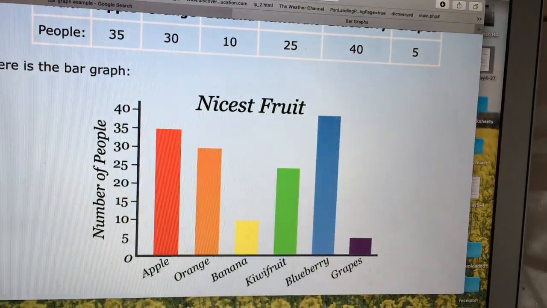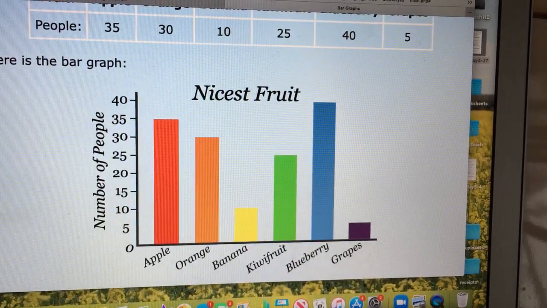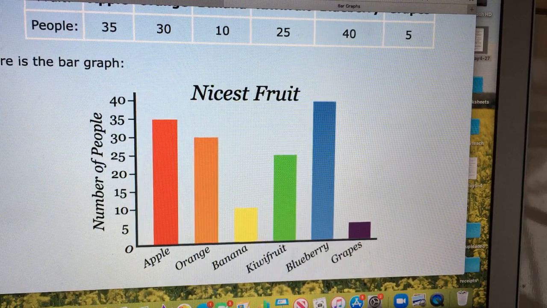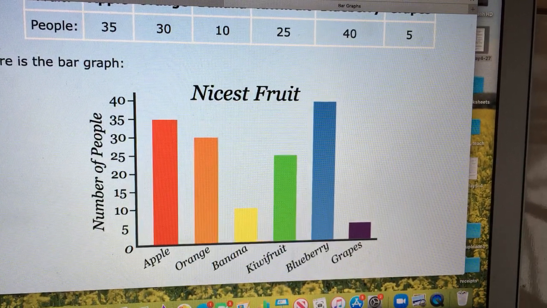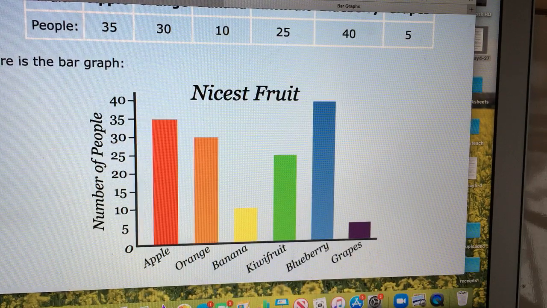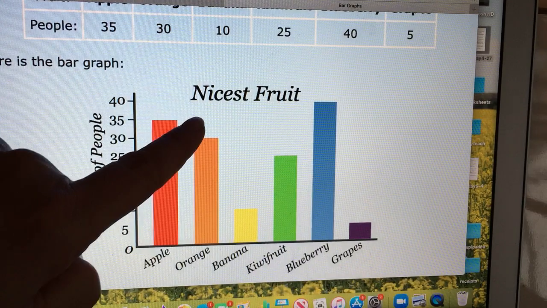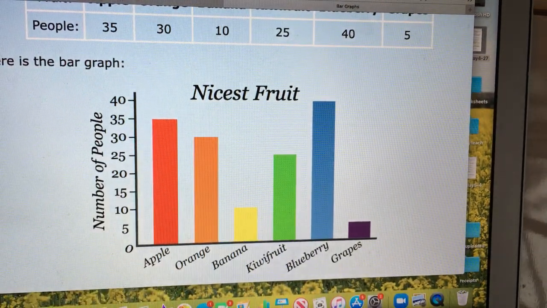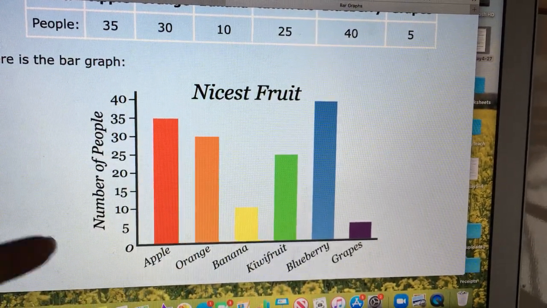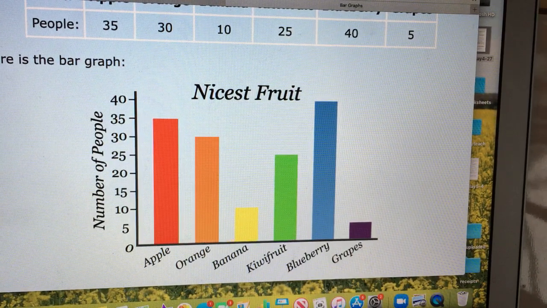There we go. That is a bar graph, and that's what we are using in kindergarten. And a bar graph is the same thing again. It's a picture showing us some information. It's a picture showing us some numbers. So if you looked at this, you can see the title is Nicest Fruit. And here's a bar graph, and on the side it tells me the number of people that voted for which